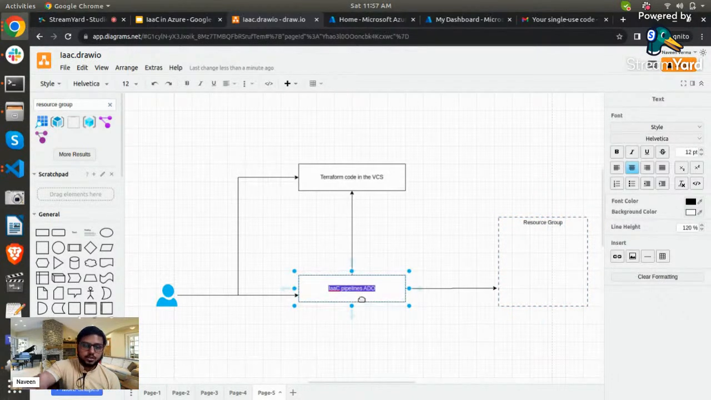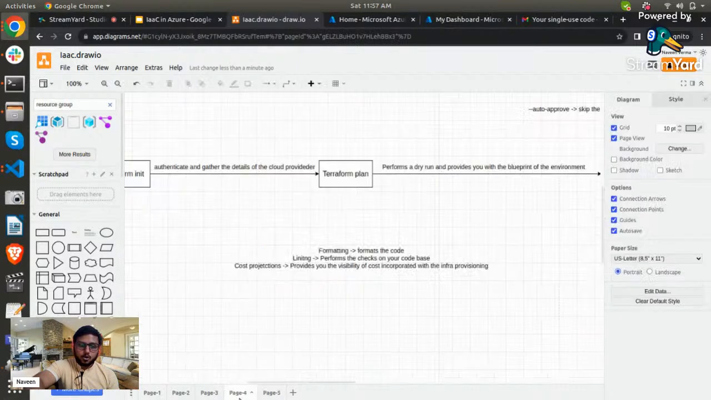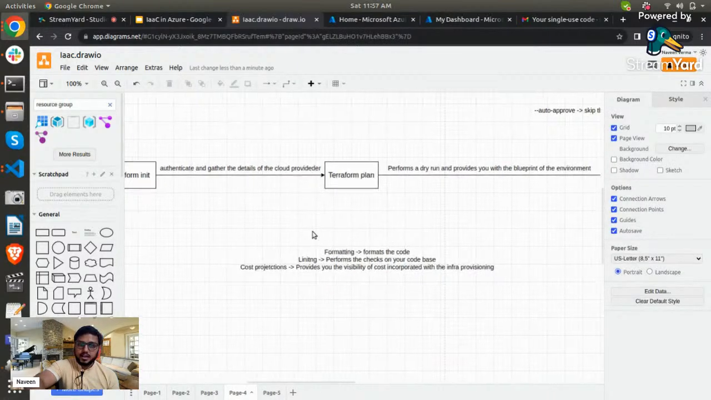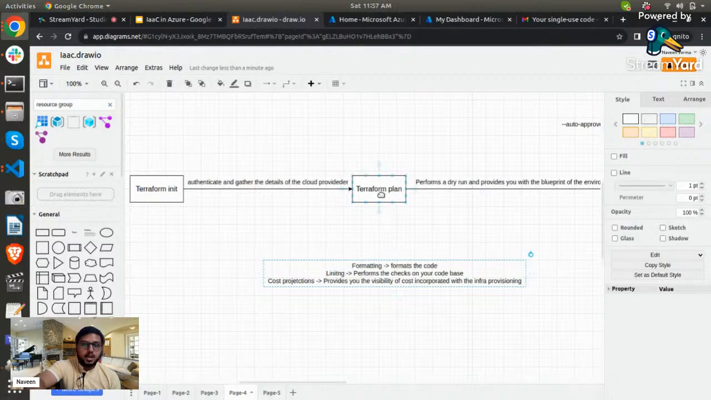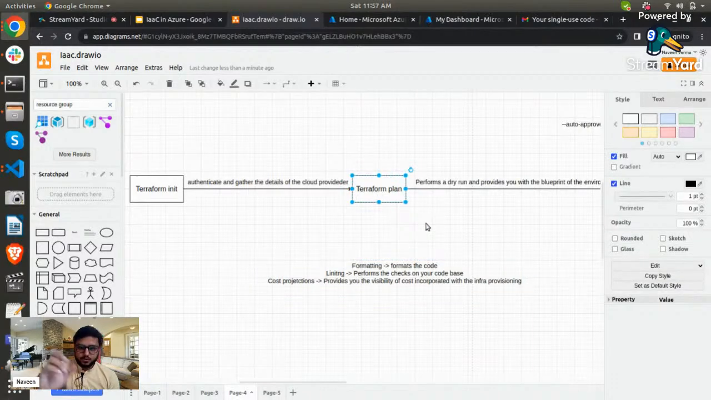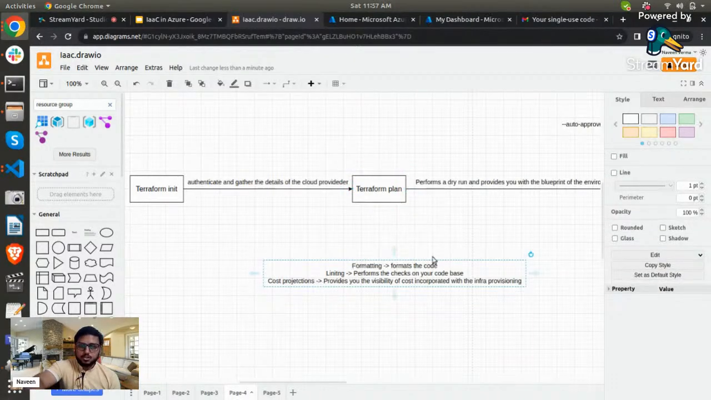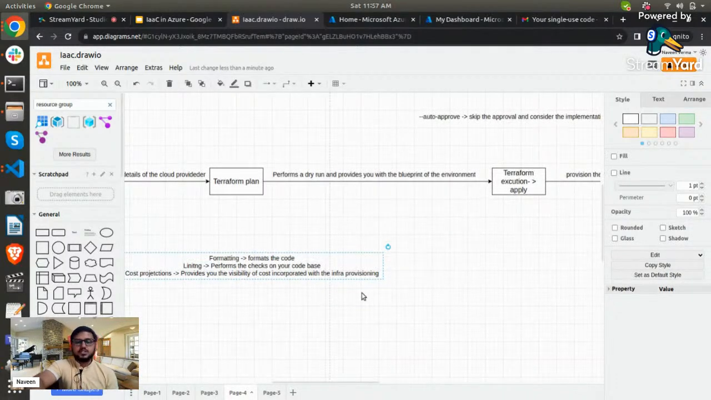So using the Azure DevOps pipeline, you can incorporate all the different stages which I had elaborated to you earlier. In total, you can have all these stages. You can have your initialization, then your formatting, then your linting. Post that, you can have your plan, which will give you a dry run. Then you will have your cost projections. And finally, once you are happy with the projections and you have complete visibility of the environment, then you will